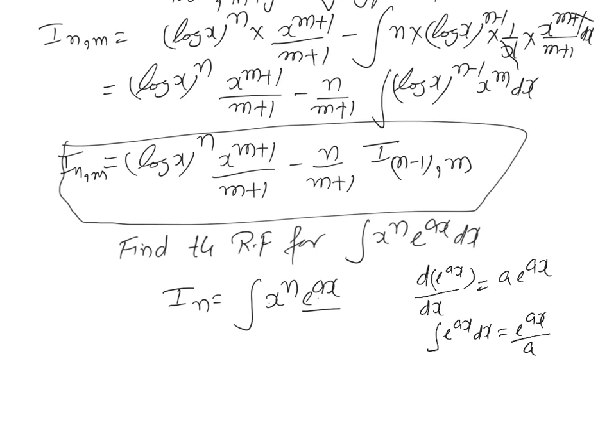As we have to find the reduction formula, the point to be given attention is that this power of x, which is n, must be reduced. This will be reduced only when the first function is differentiated, and this function will be named the second function. It will be integrated. Okay, now integrating by parts, we get